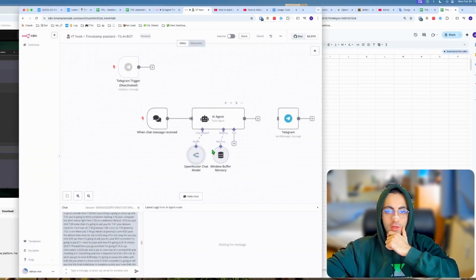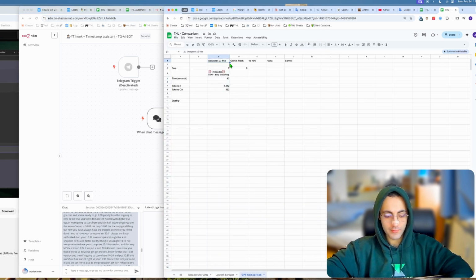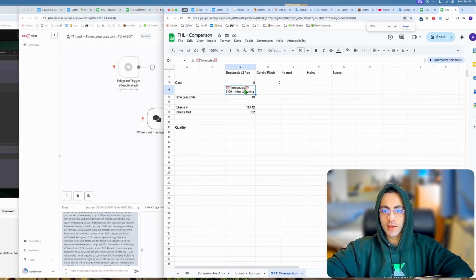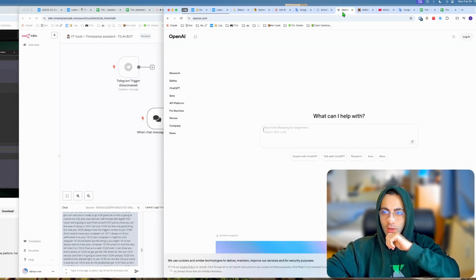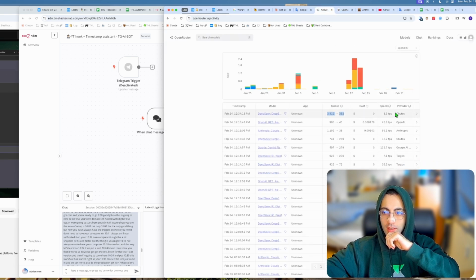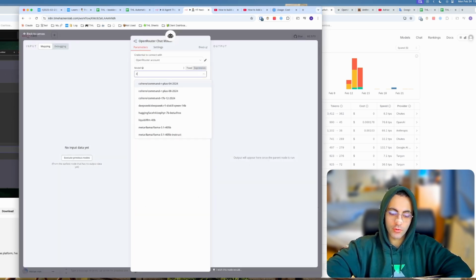All right, so at this point, I have just tested the DeepSeek V3, and the quality is pretty okay. I already have the Sonet, but we're gonna do this again to get it with Sonet, and then I know how many tokens went in and how many tokens went out. All right, so let's now do this with 4.0